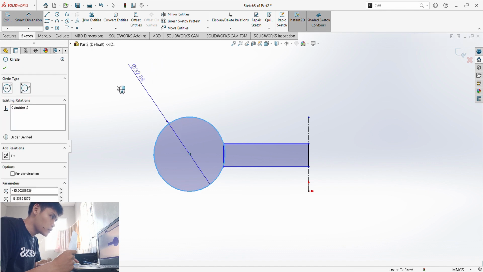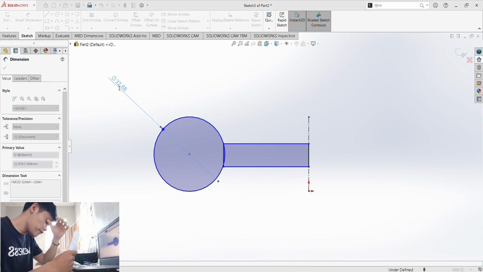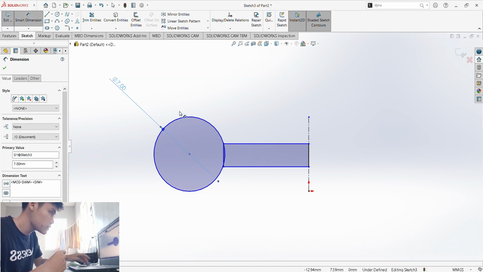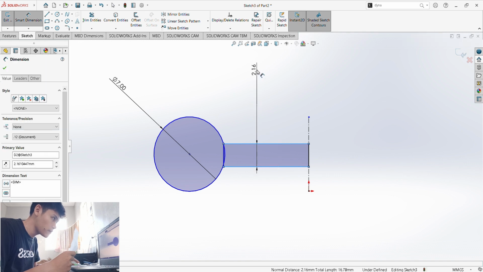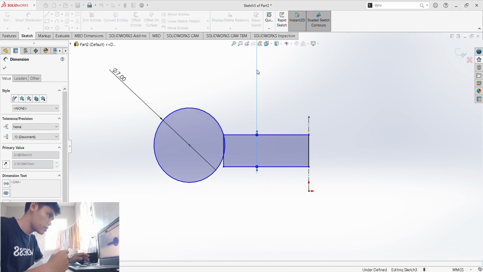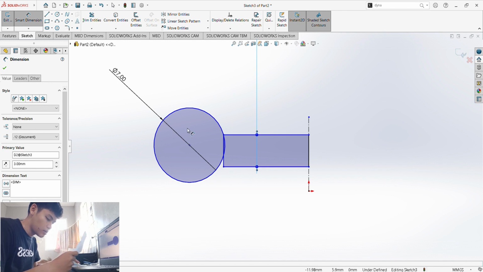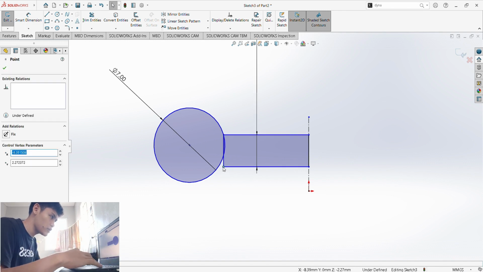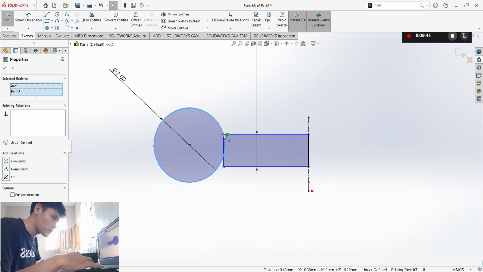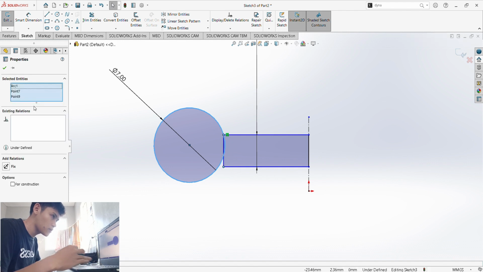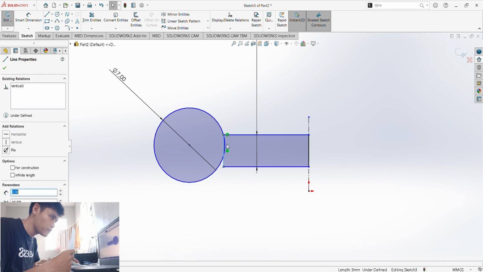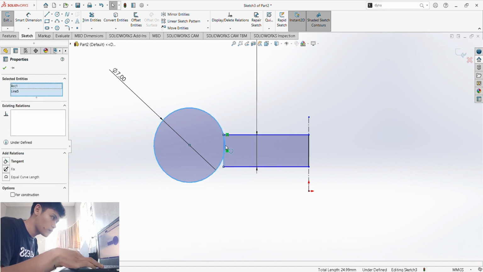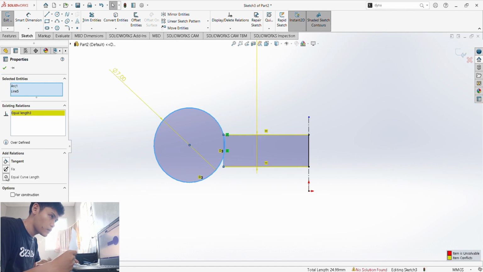So for the smart dimension, we have the diameter of 7, and then for this one we have 3, and then we just have to add a relationship again with this one and this one, and it makes them equal to.